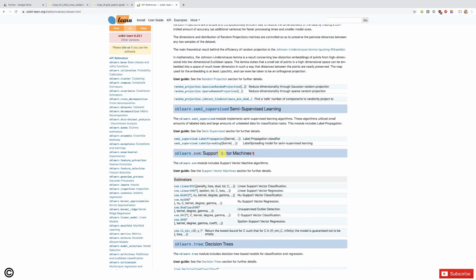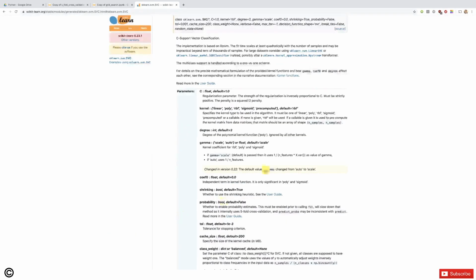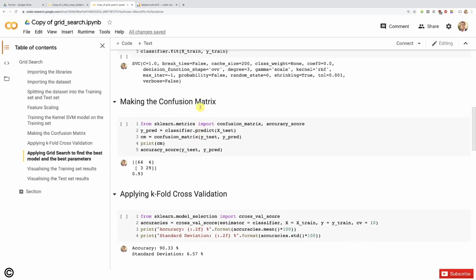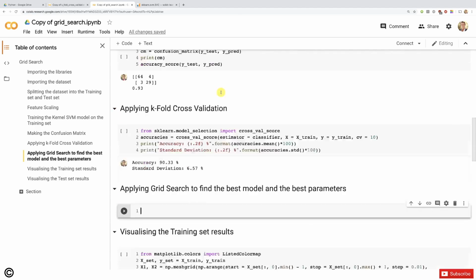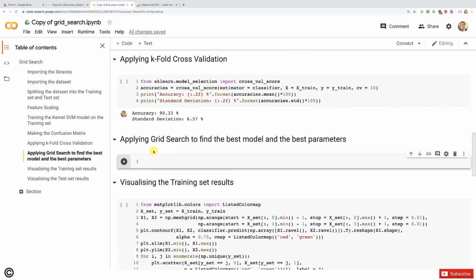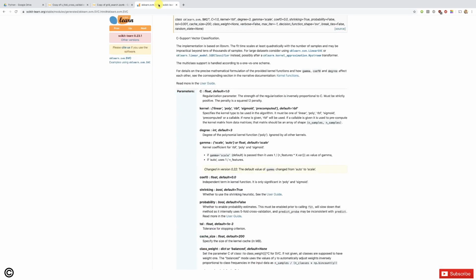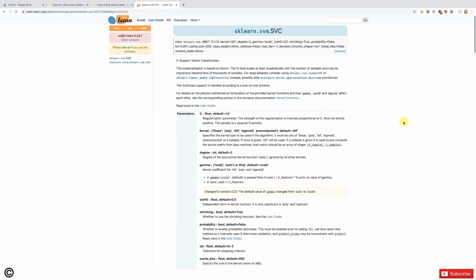There we go. Support vector machines, sklearn.svm. So that's the SVM module by the Scikit-Learn library. And remember, the class is this one, svm.SVC. Right? If we check on our implementation, we import this SVC class to build this kernel SVM model with a radial basis function kernel. Okay? All right. So K-fold cross-validation, grid search. There we go. Back in the Scikit-Learn API, well, the thing I wanted to show you was that indeed the